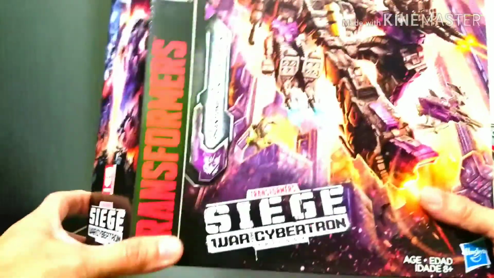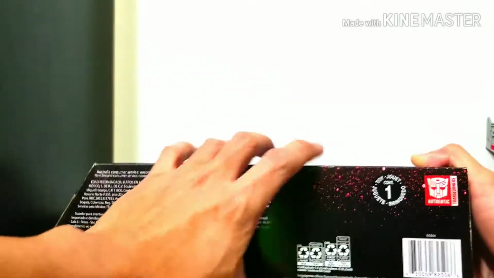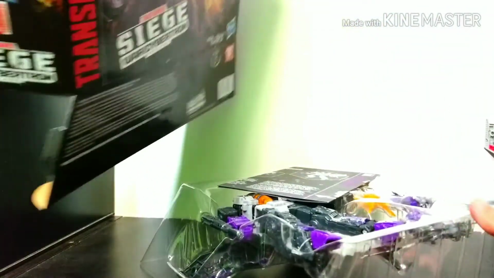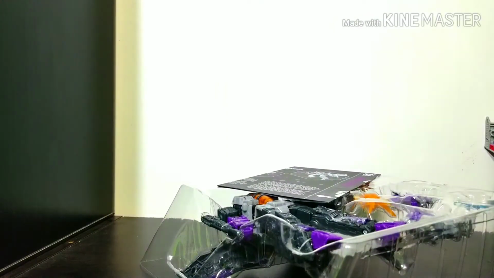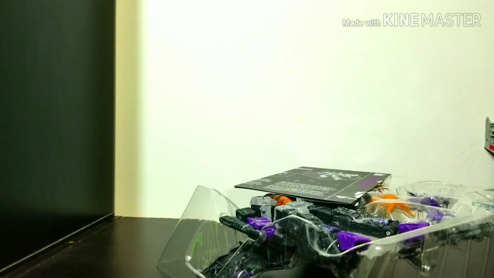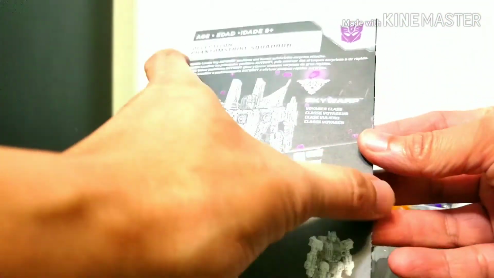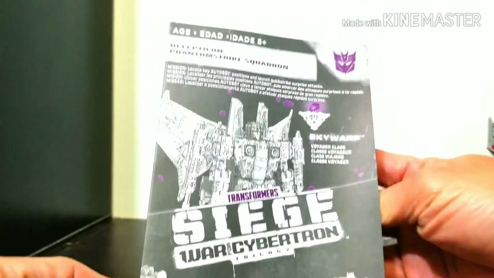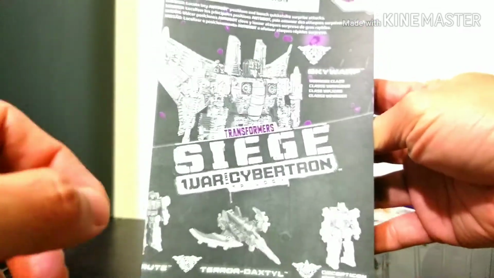Okay, so here we go. I'm as excited as you guys are to open this box and take these guys out. So this is what comes out of the box. And that's everything. It doesn't have that Decepticon backdrop as the other Siege Warfare Cybertron figures do, and you've got the instruction sheets. And SKYWARP is a Voyager class as you can see in the instruction sheet,